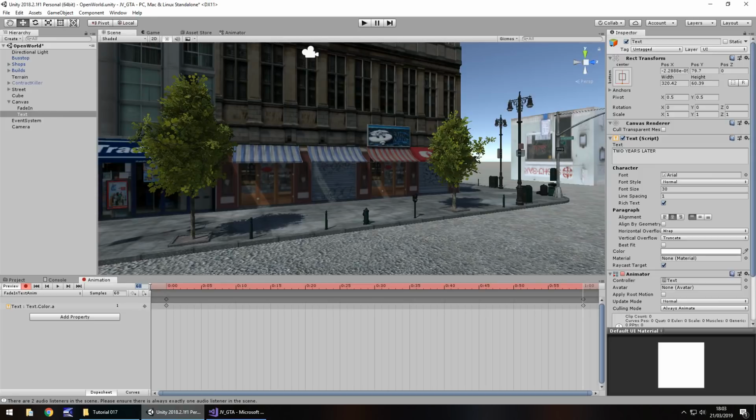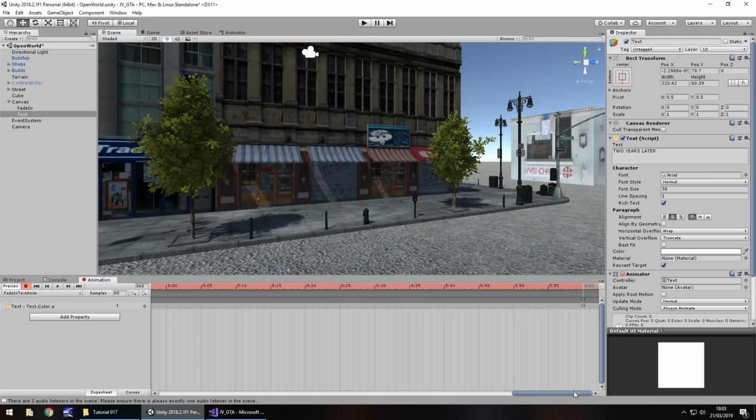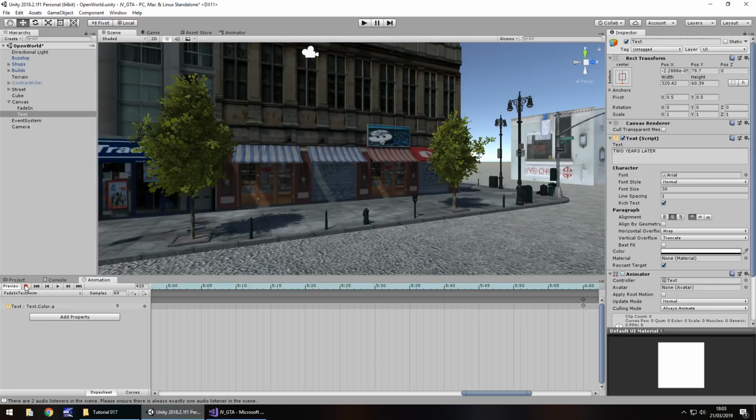So then let's have it displayed on screen for 5 seconds. So we need to add another 300 frames to this, so 360. And then let's set our alpha as 255 again. So if you just drag the bar down and then drag again, it will set that keyframe, no problem. And if I just scroll along here, you can see it's set perfectly. So then we'll fade out after another second. So add another 60 frames to that. So that'll be 420, and then set the alpha back to 0. And let's press the record button to stop.